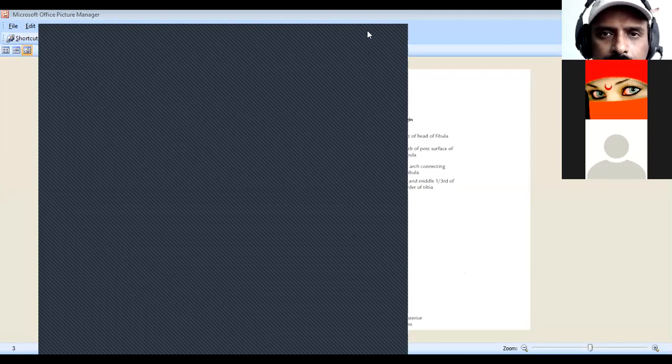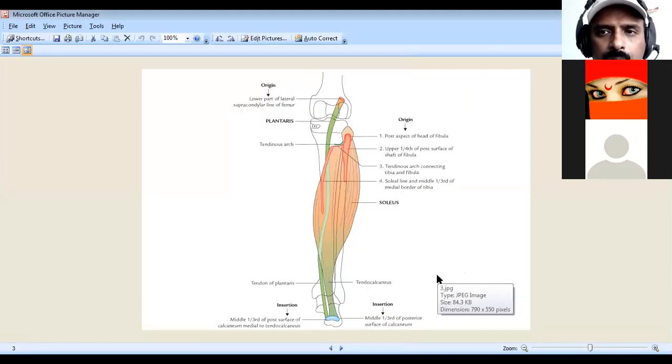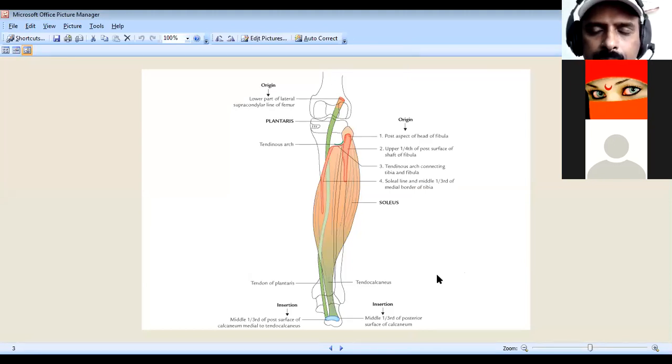Whatever the muscles of the back of the leg, we have the medial head and lateral head of gastrocnemius, soleus, and plantaris. Here the one muscle we are going to get is the plantaris muscle, with a very small belly. It has a long tendon, inserting at the calcaneus bone, that you have to call the plantaris.